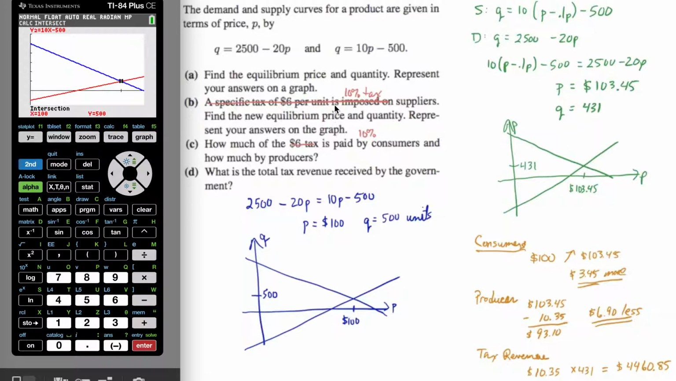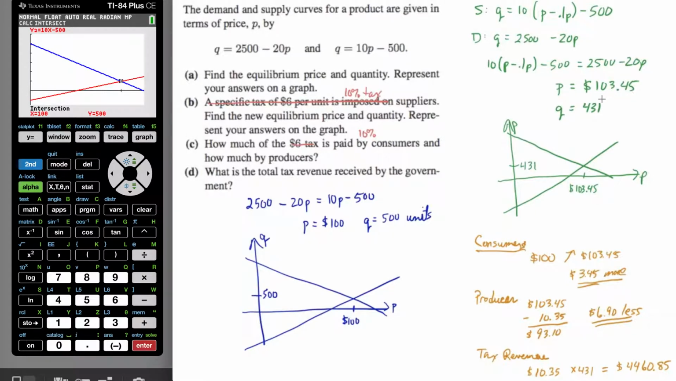So let's consider this. We're going to look at a 10% tax on the suppliers or the producer. If that's the case, our supply function will need to change. So our supply function now becomes Q equals 10 times (P minus 0.1P), that's the price minus the tax, and then minus 500. The demand function, Q equals 2500 minus 20P, remains unchanged. So to find the new equilibrium price and quantity, I set the new supply function equal to the demand curve, and I would solve and find P is equal to $103.45, and